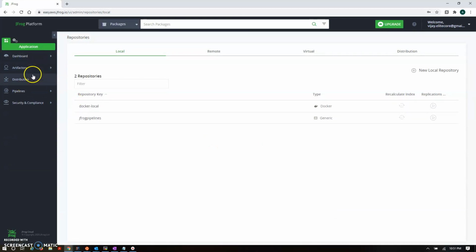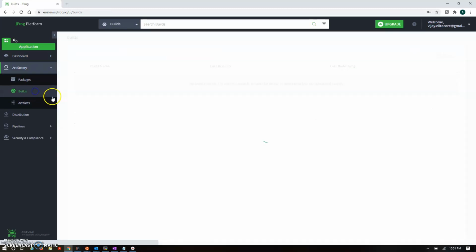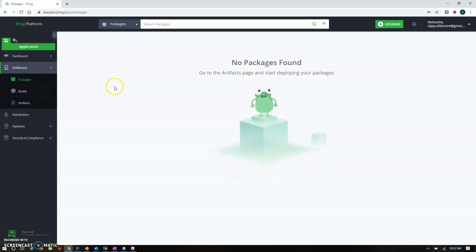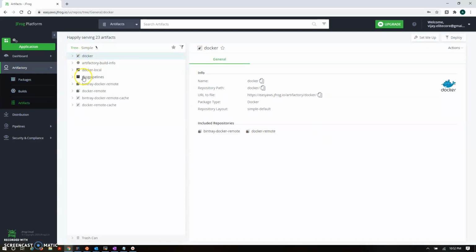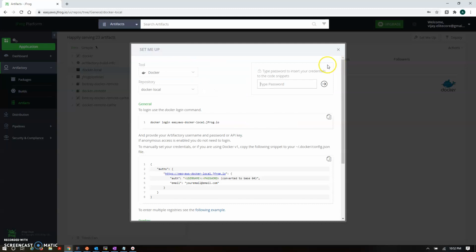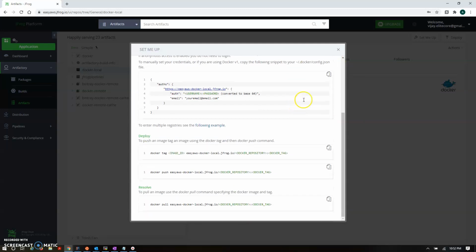Let's go to the Artifactory repository. Here in the packages, in artifacts, you will find the Docker local repository, and here you will find the Set Me Up command. Here all commands you will find.